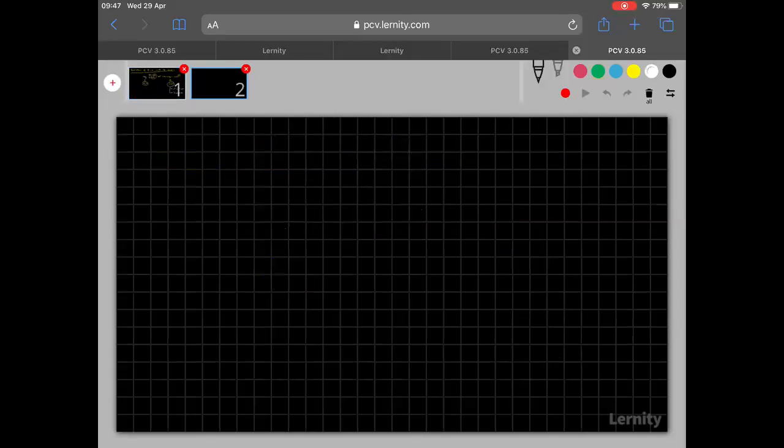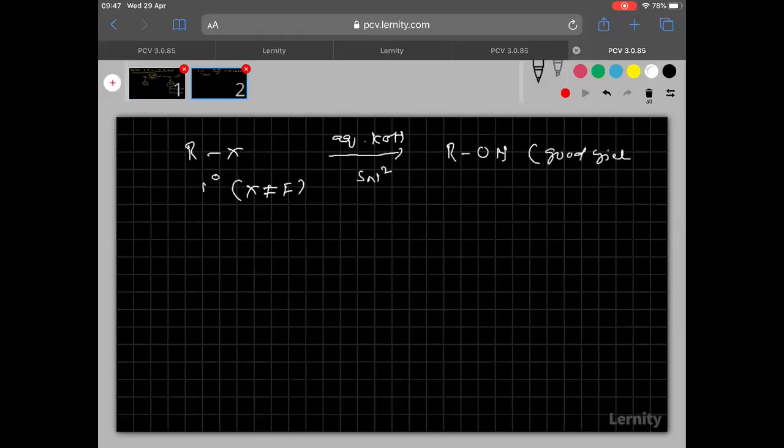Okay. Now see clearly, here I am taking the RX. Which RX? Primary. And remember, X is not equal to fluorine. Why? Fluorine is a very poor leaving group. So this when treated with aqueous KOH. Just now I told you, aqueous KOH follows the SN2 mechanism. So what is the product formed here? ROH. Alcohol is formed. And here the yield will be good. We get a very good yield.